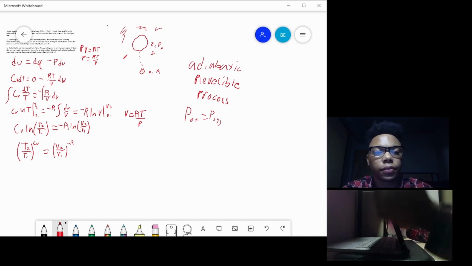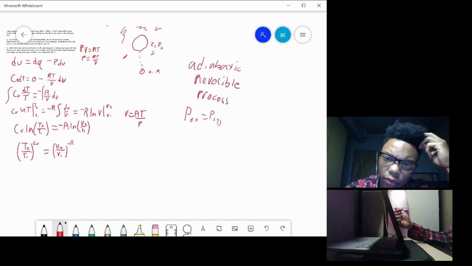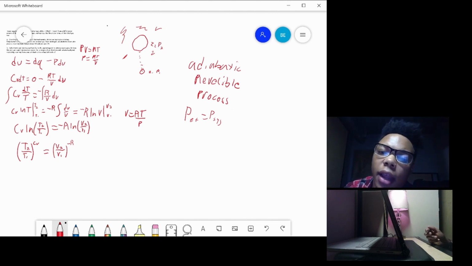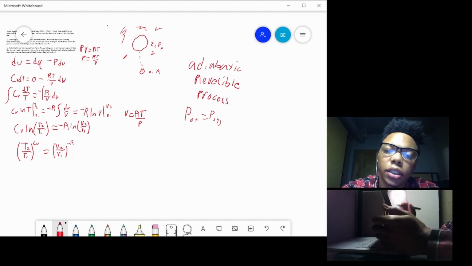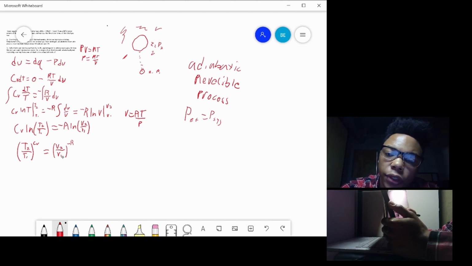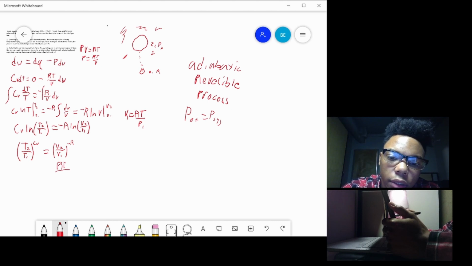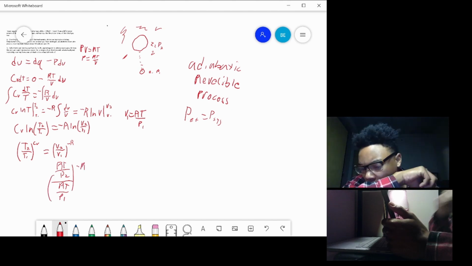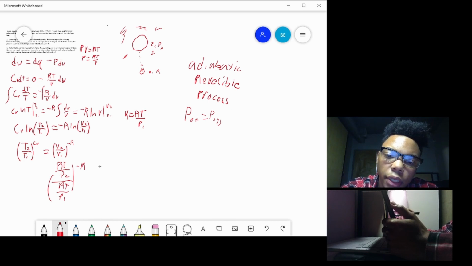So what we get to do next is that we also get to understand the relationship between pressure and systolic volume. So what we're going to do is sub in this RT over P for our V2 and V1. For V1, we're going to get P1. And when you do that, you get RT over P2 over RT over P1 to the negative R. So what we get is T2 over T1 equals P1 over P2